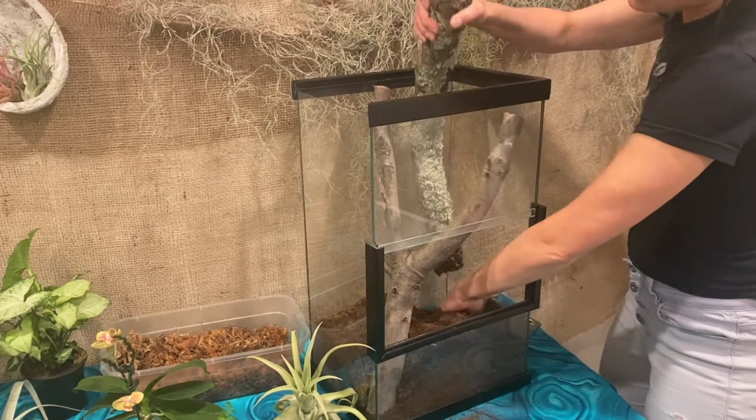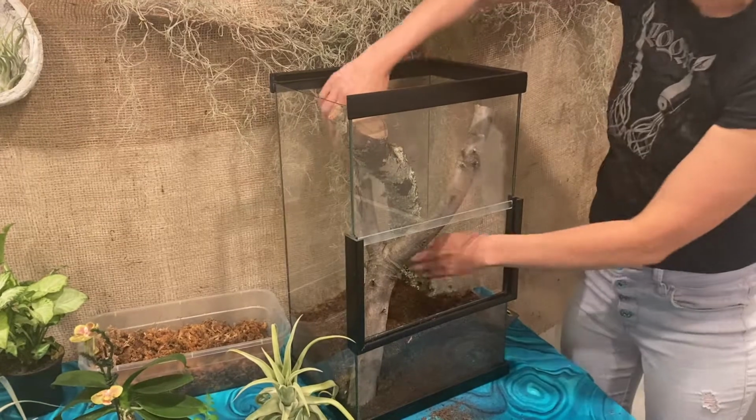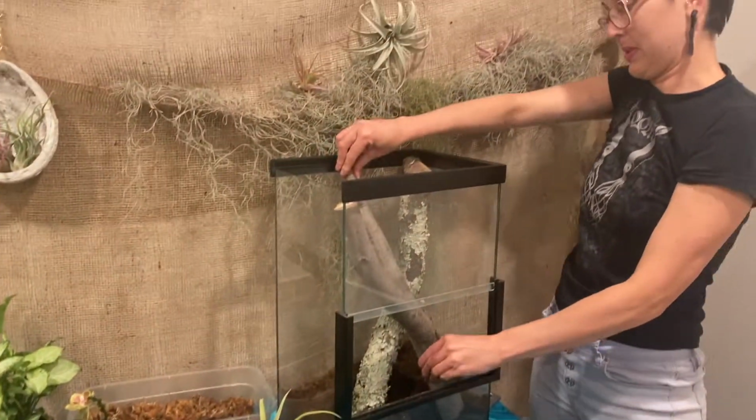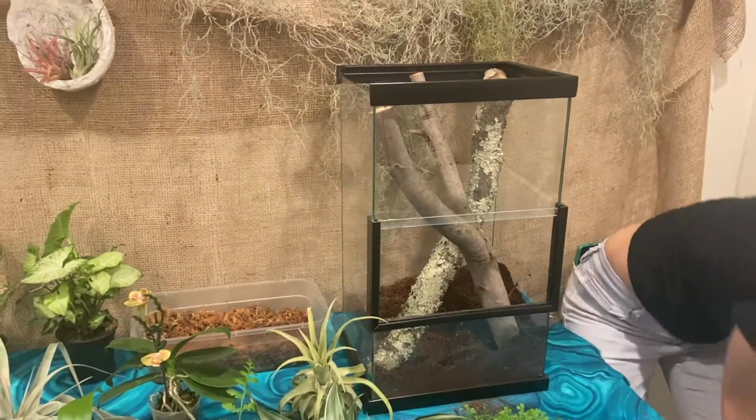And this wood is cut to fit a tank with no dirt. So that is why I'm digging out the dirt. Terrarium Tetris, that's what this is. Okay, so it's getting there. I have a few more other